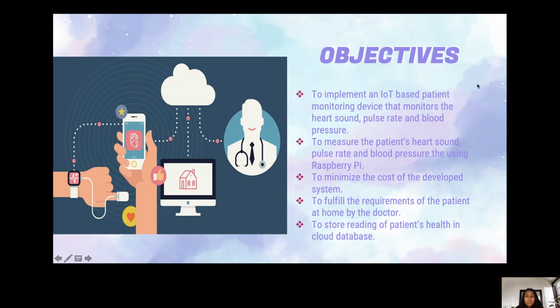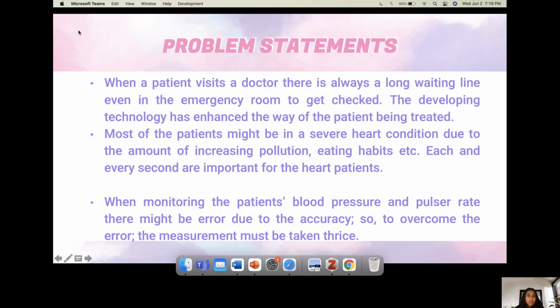And moving forward, these are the problem statements. When a patient visits a doctor, there is always a long waiting line, even in the emergency room, to get checked. The developing technology has enhanced the way patients are treated. Most patients might be in a severe heart condition due to increasing pollution and eating habits. Every second is important